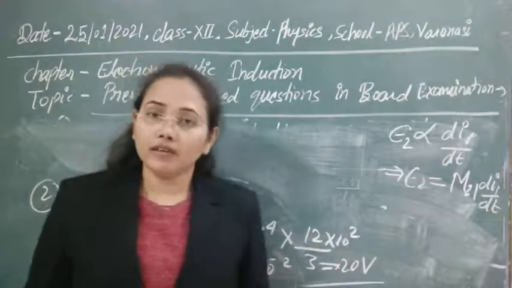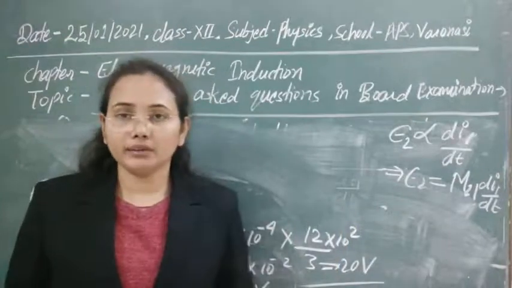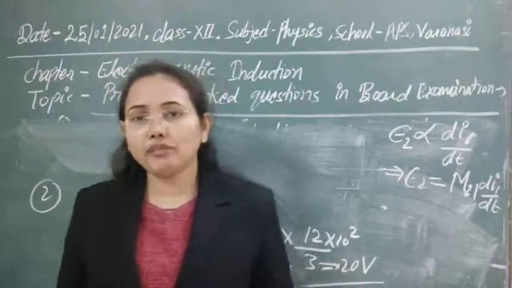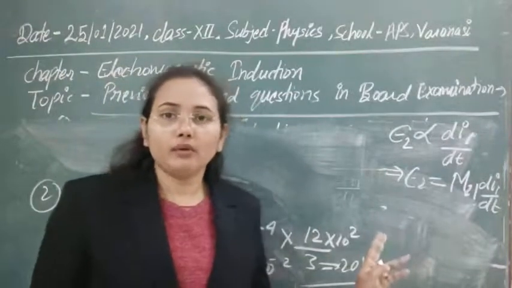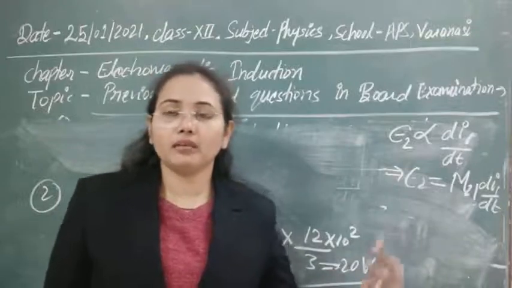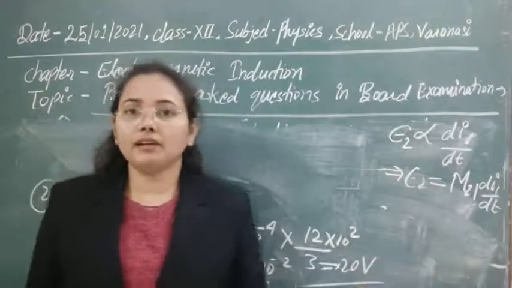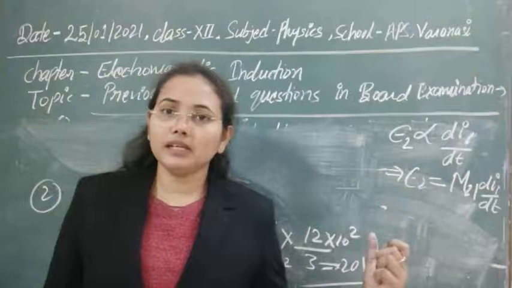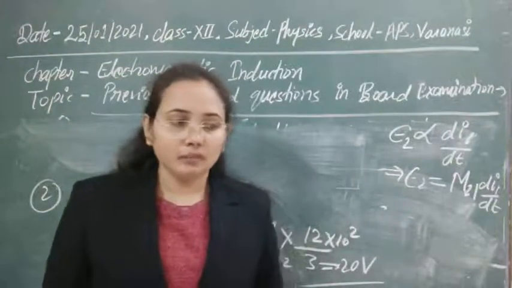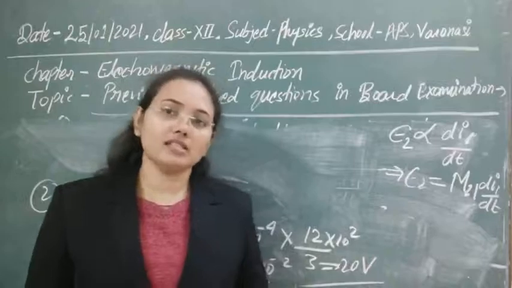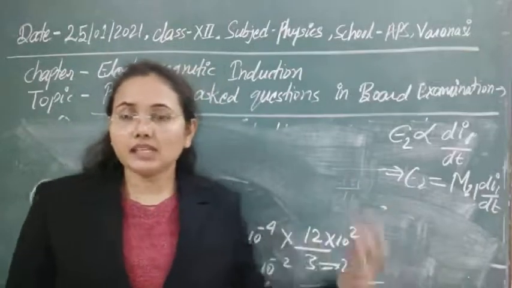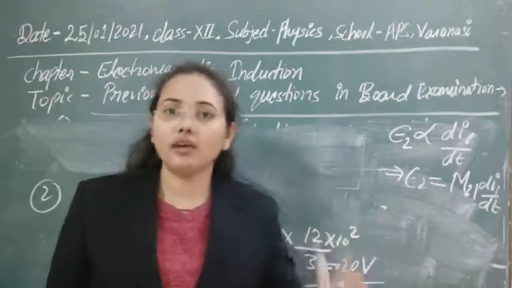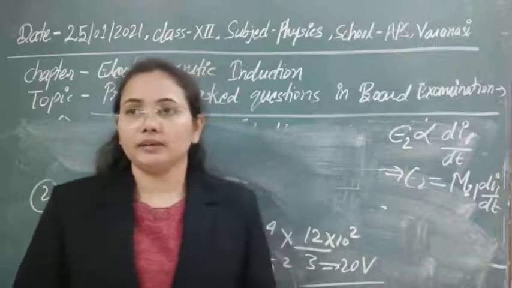Always I am telling you, first of all, summarize all the data that is given to you. After that, you will be able to understand which formula you have to apply here, because to calculate mutual inductance we have a number of formulas, and to calculate induced EMF we have a number of formulas. Which formula we have to apply can be understood easily with the help of the data given, meaning what is given, what we have to calculate, and what formula we can apply there. You can understand easily if you summarize it. Always I am saying this single thing: first of all, categorize all the data, after that you will be able to solve it.